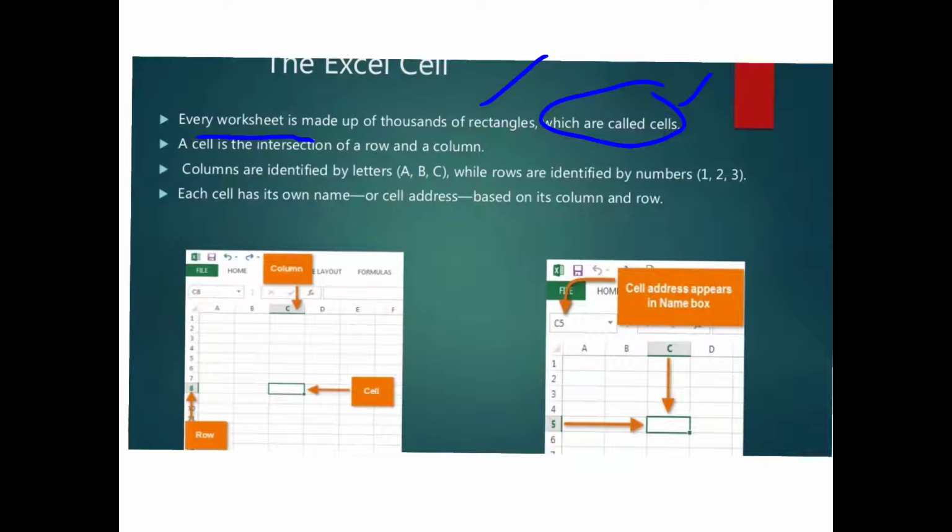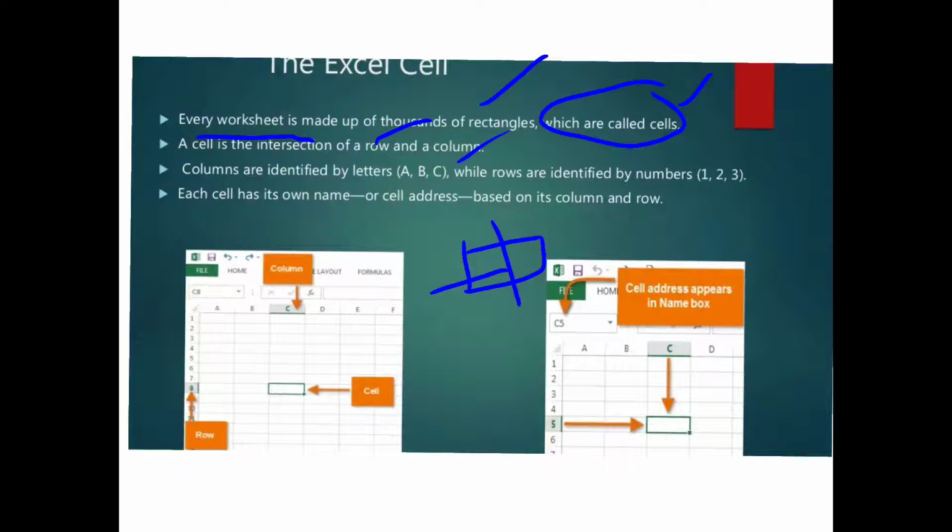A cell is the intersection of rows and columns. A cell is the intersection of rows and columns. This is called a cell. It's a row and it's a column. So the intersection of rows and columns we can call a cell in Excel.